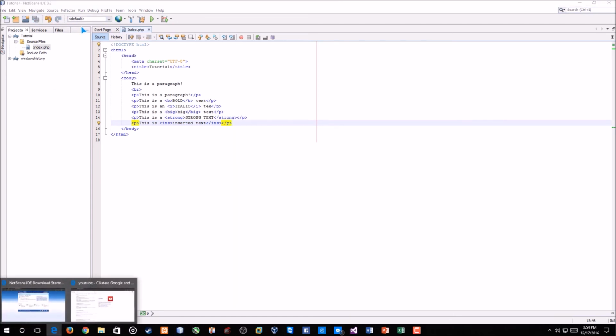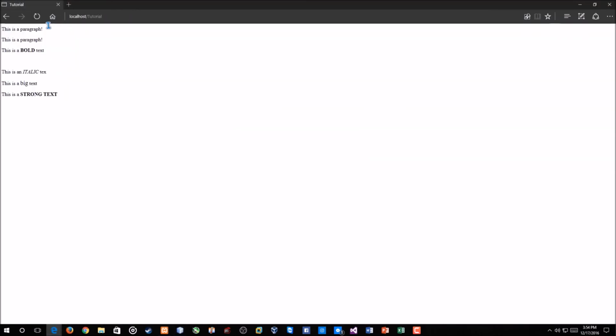Now if we save it and check, let's close this and check here. As you can see, inserted text is here. Okay, now